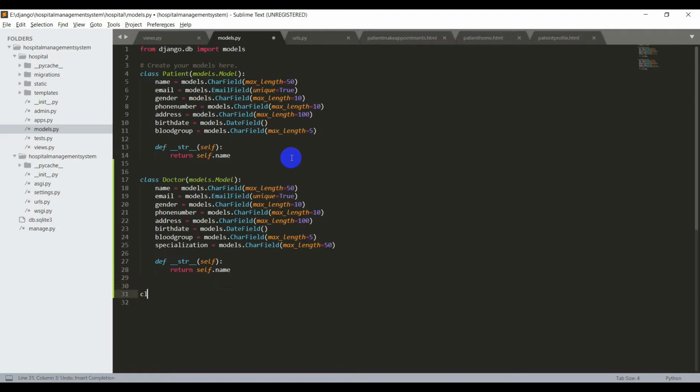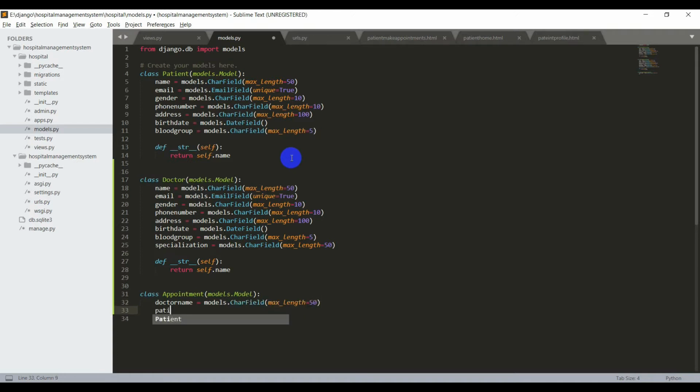Similarly for the appointments, I'll say class Appointment of models.Model. If there is an appointment done between the doctor and the patient, we should have their names, right? So I'll say doctor name is equal to models.CharField of max_length equal to 50.